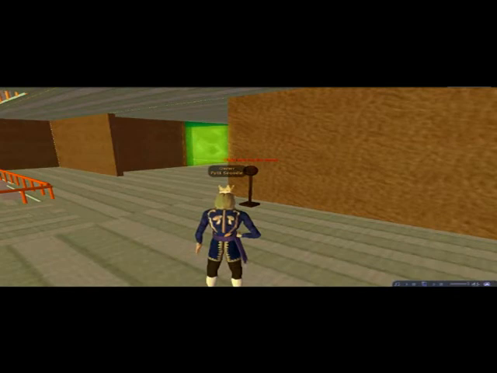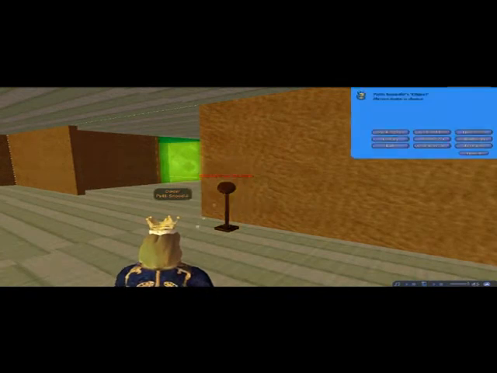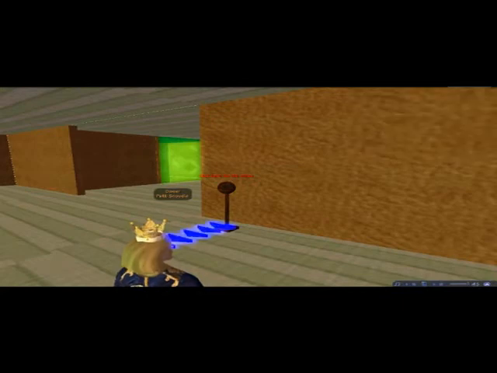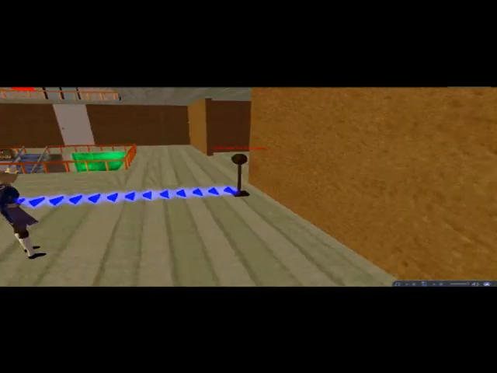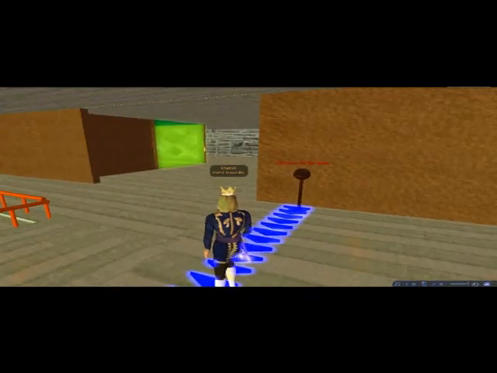In this section, we'll be seeing a fire exit demo. I come back to the main entrance. I click on the object, I get a menu, I select the fire exit demo. This creates a chain of events that trigger off a fire. As you can see, the fire has been generated.